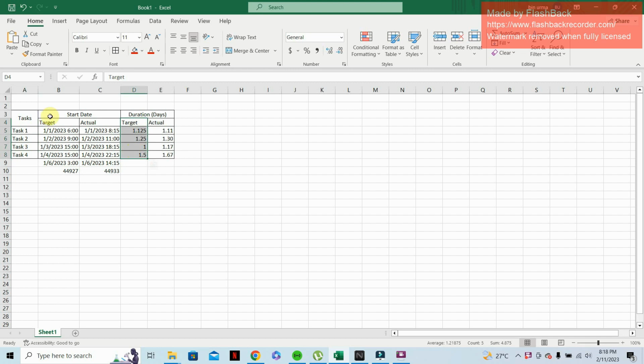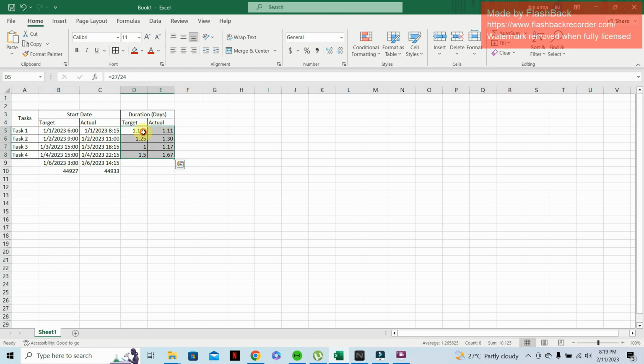For target, if you are on the target phase, of course you have a predetermined duration for a task. And you have here the actual, how the actual operation run went on. So as you can see, there are differences. Actually, in the starting date alone, there's already a difference. And of course, with the duration, you will also find differences because actual runs don't always go with the